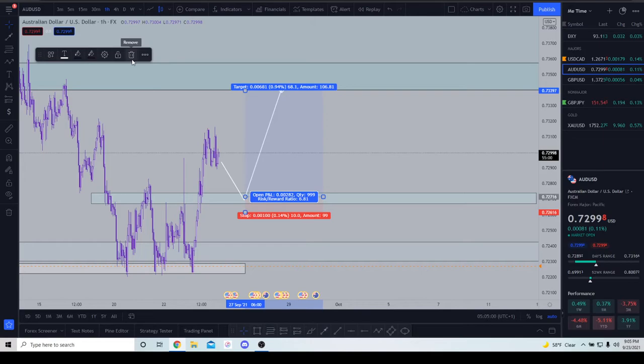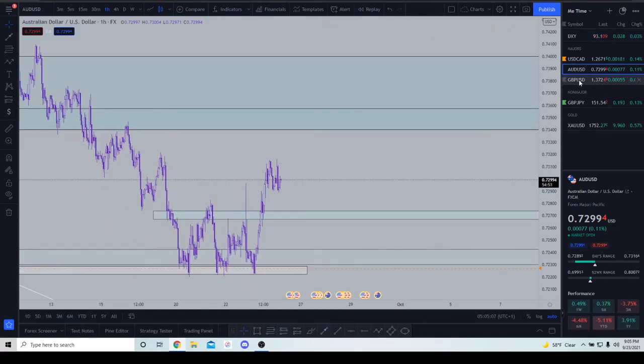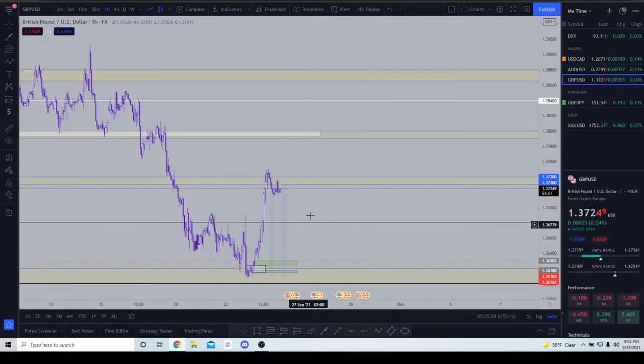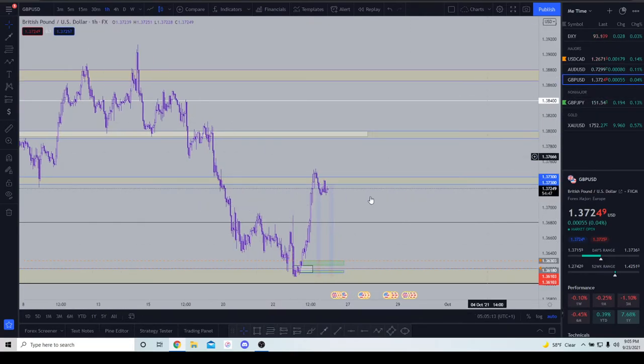These are crazy trades, just trading support and resistance, right? It doesn't have to be too hard. As long as you have your risk management in check and you're making sure you're marking up your zones correctly, you can simply just trade zone to zone, right? So GBP USD,